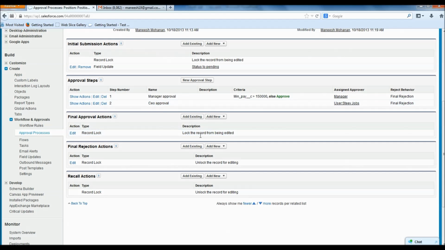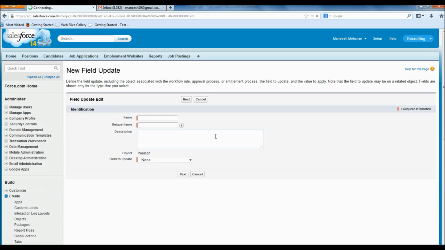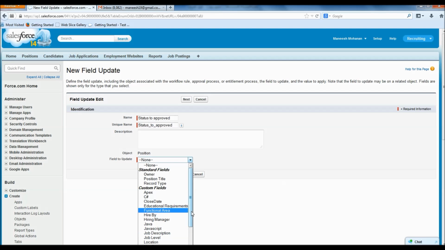Then if the approval is rejected, or if the record is approved, then what should be performed, that also I can give here. In the final approval action, I can give what all things should be done after approval. I can add one field update, status to approved. Okay, I can select the status